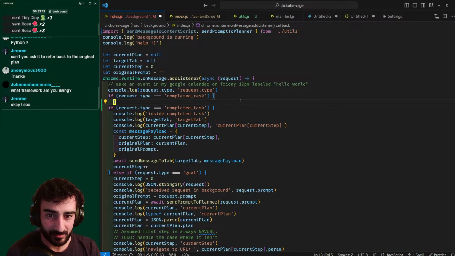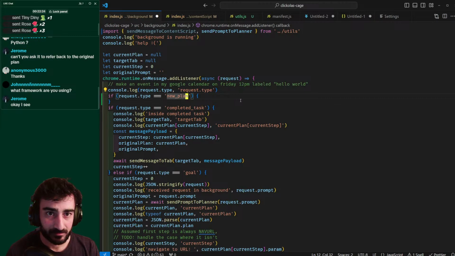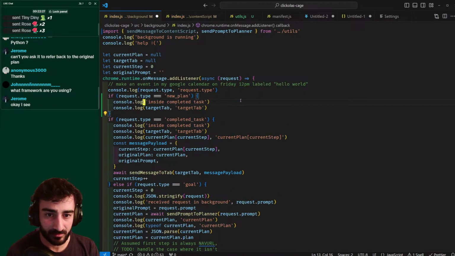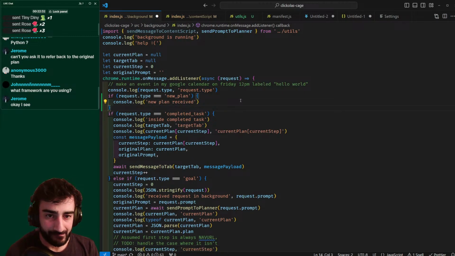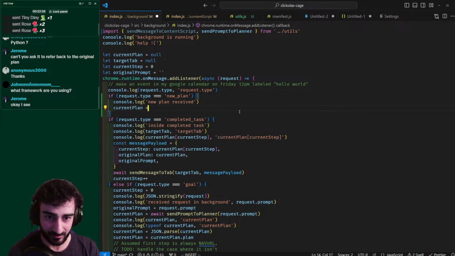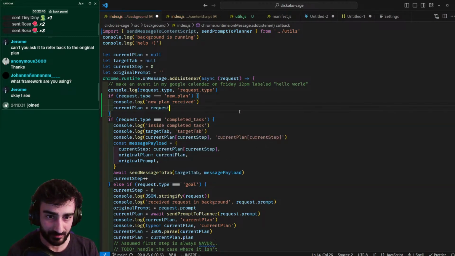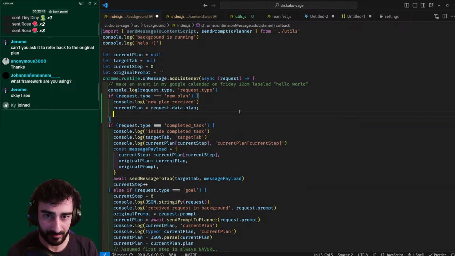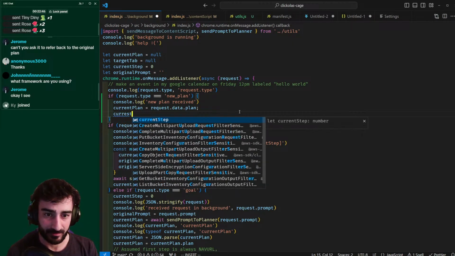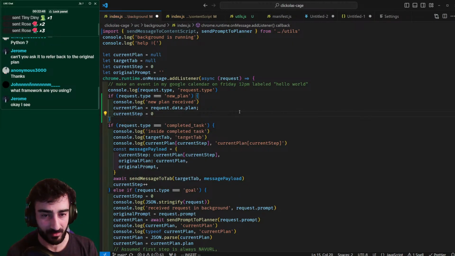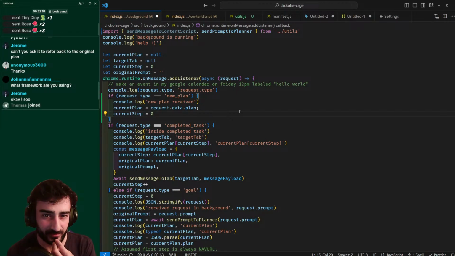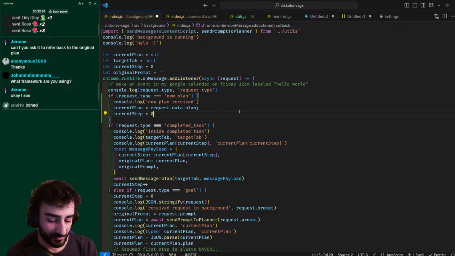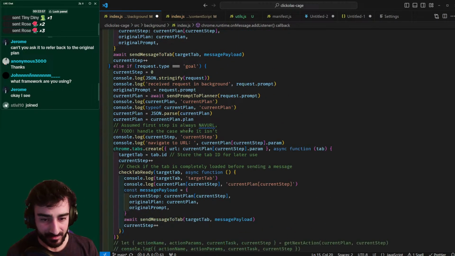and now in background script we can add a new if statement. If the if statement is new plan, we will log new plan received. And we'll update current plan to equal request.data.plan, and current step to equal, I hope it starts with step 0. That's another thing I'm not sure it will change. And then we'll just send the new